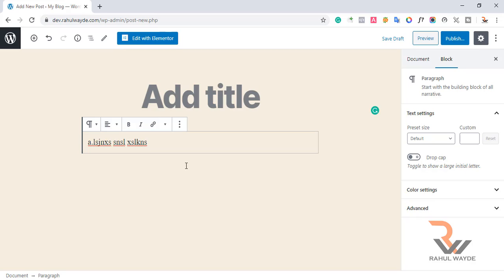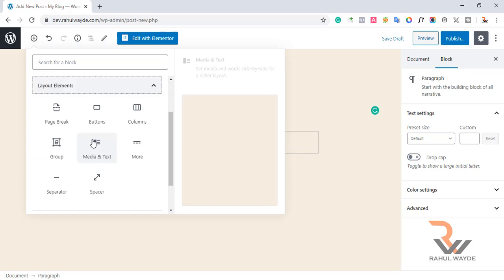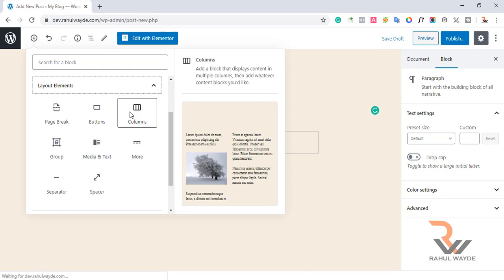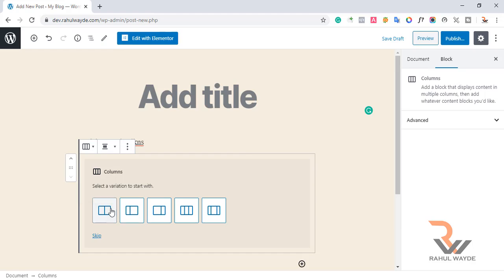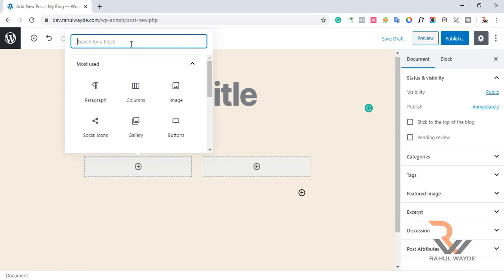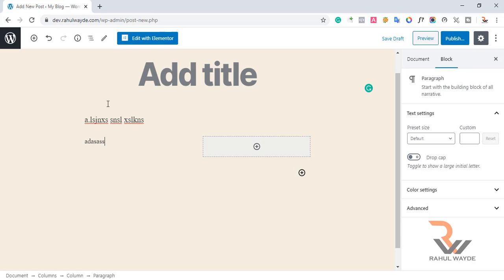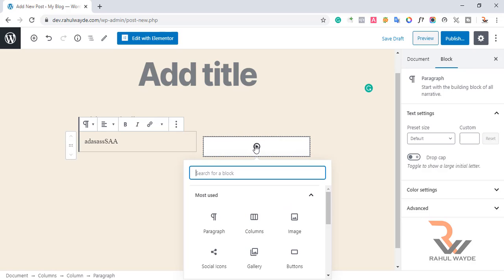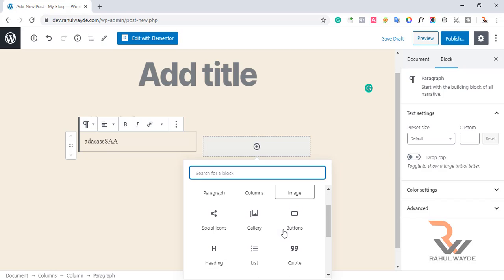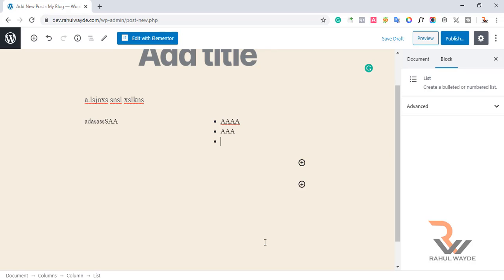Okay, then again I will go on here and go for layout elements, and I will add some columns here, and I will go for 2 columns. Okay, in the first section I will add some text, which is paragraph, and I will add some demo text right now here. And then in the second block I will go for something like a list. Okay, I will add some list element here.